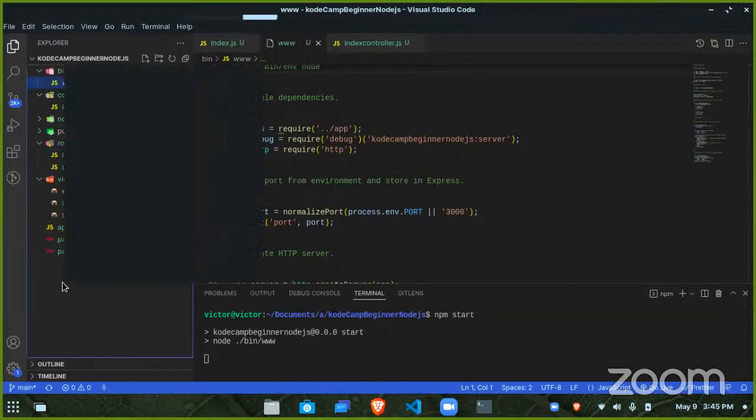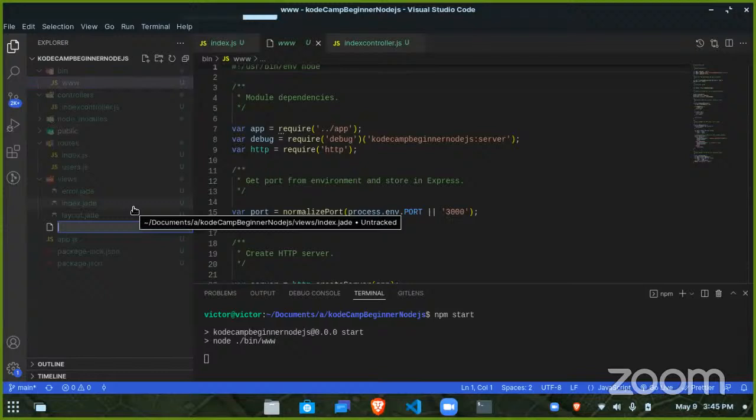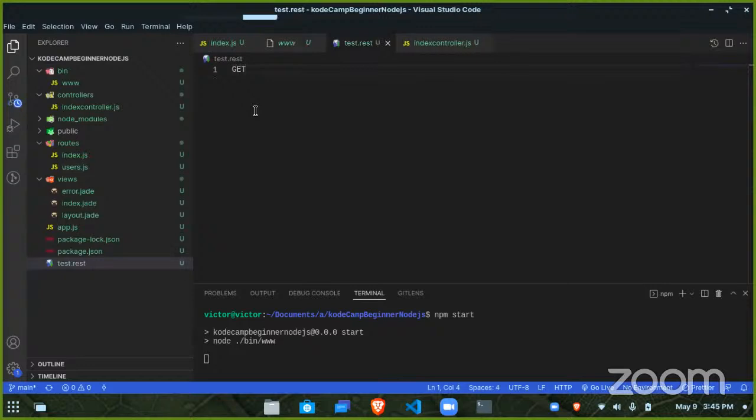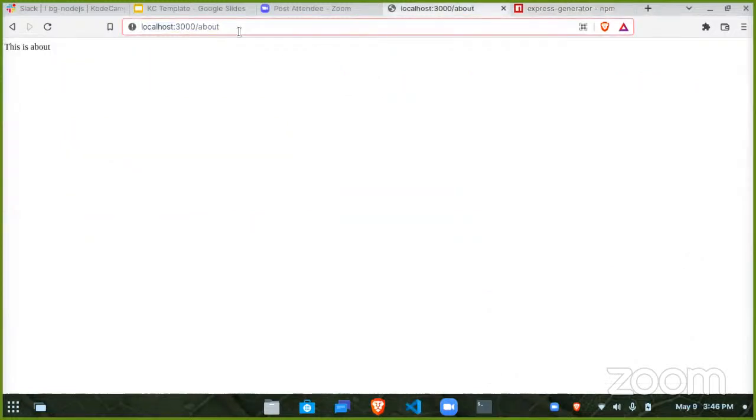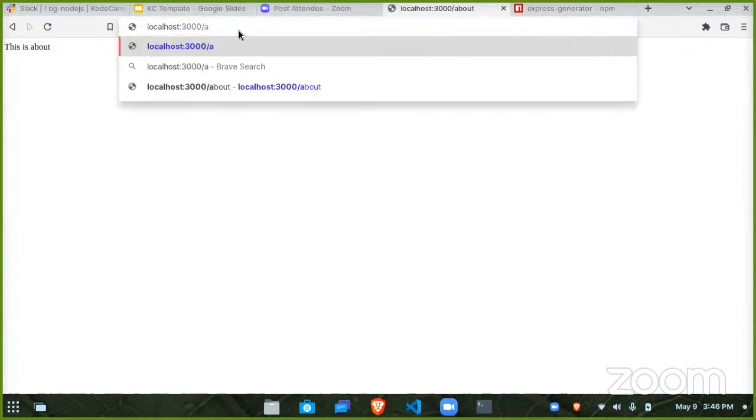or we could create a file here. Maybe we could call it test.rest or test.http. We can get from that 3000. Okay, no. You can use test.rest if you're only trying to consume an API. But in here we have front end stuff, which means you're actually going to use your browser. So if you go to your browser and go to slash, just slash,